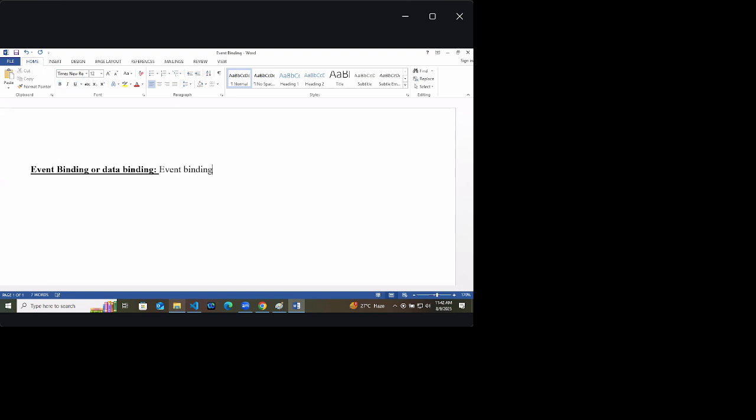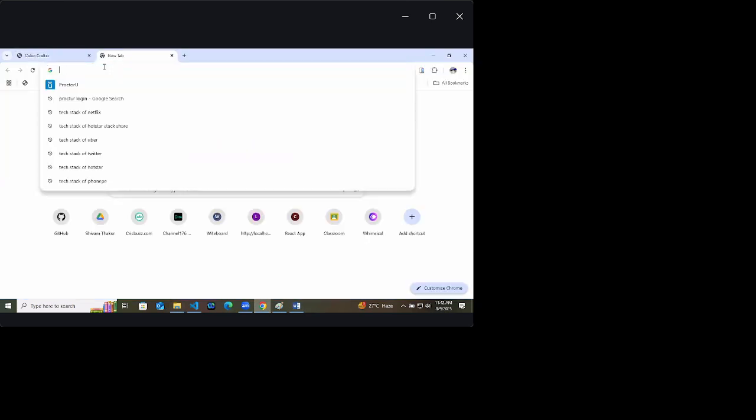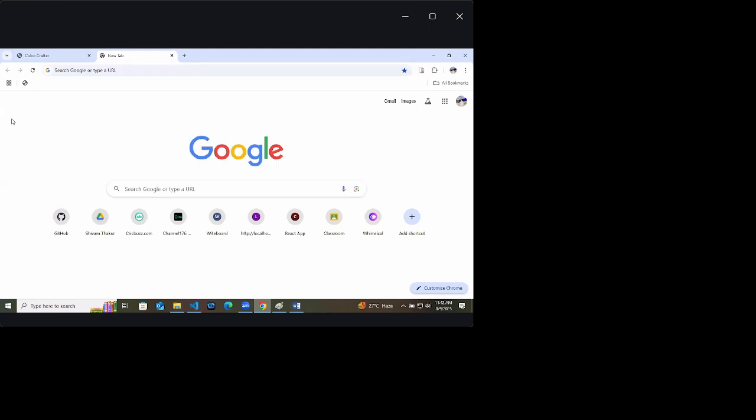Event binding is a concept which is related to input boxes. If your browser gives you a facility to type, this is the input box of Google. When the developers of Google Chrome built this browser, they built it with an input box.